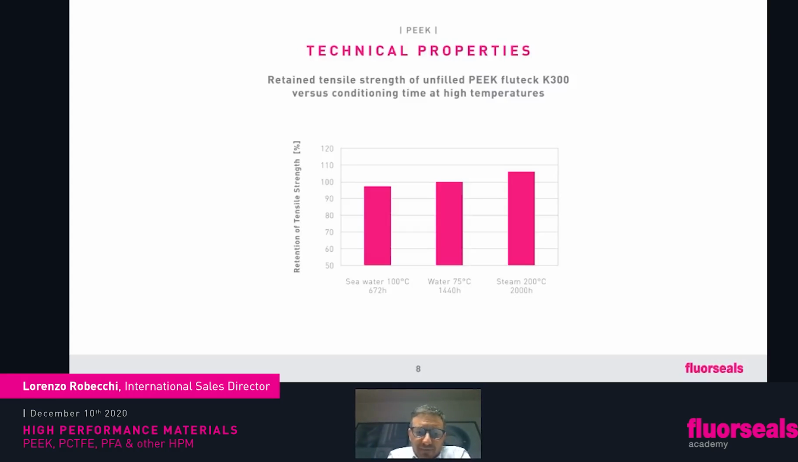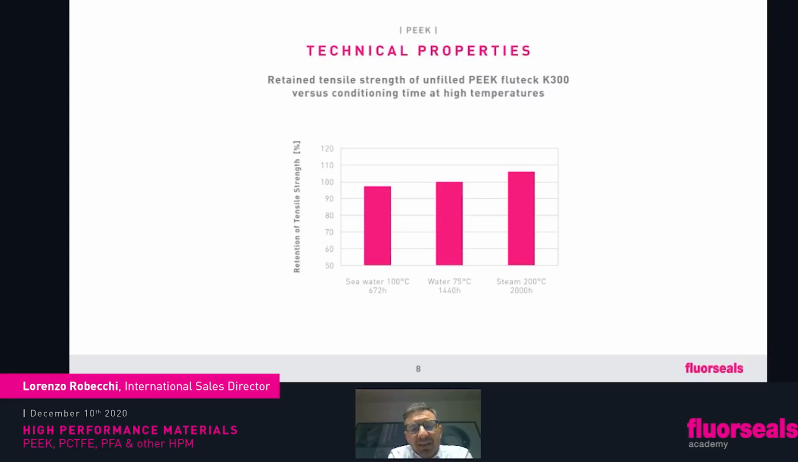To the left, even more interesting, a 2000 hour PEEK sample in steam at 200 degrees. You take it out, and what you find is that the material is even stronger. Tensile strength is even higher. So this is an information. You can definitely use PEEK in steam if you're looking for mechanical properties. Why is that? Well,